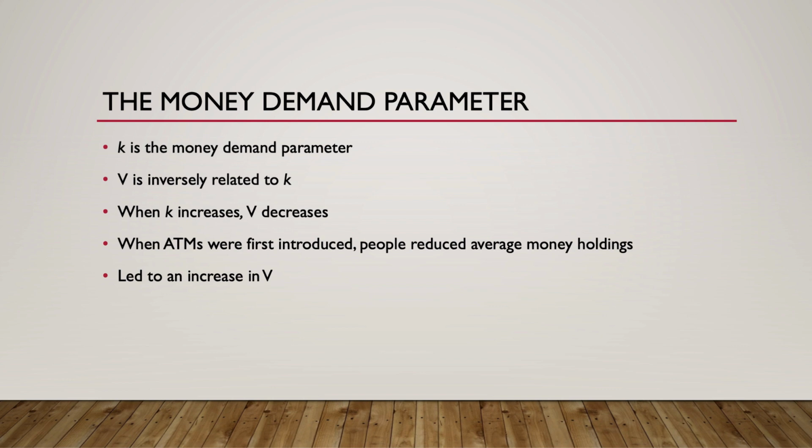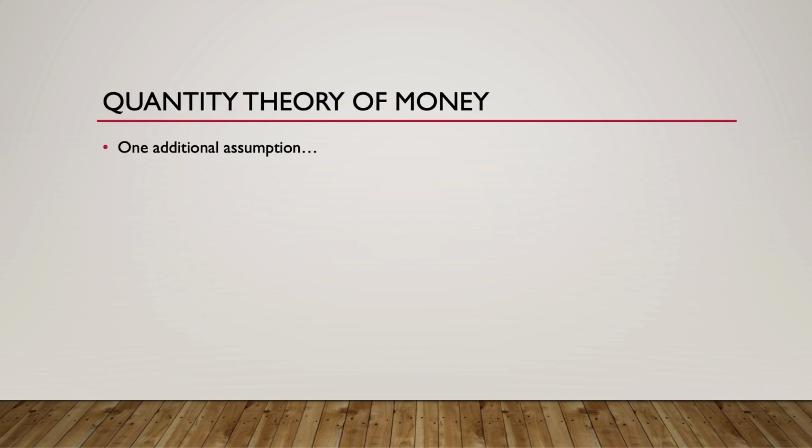From day to day, individuals will tend to carry more cash on hand and consequently keep less money in the bank. And physical cash travels more slowly than digital currency in bank deposits. This makes sense when you consider the way that money travels in a fractional reserve banking system. A large percentage of the money in deposits can be lent out again and is spent more quickly than cash on hand. With one additional assumption, the equation of exchange becomes a useful theory about the effects of monetary policy